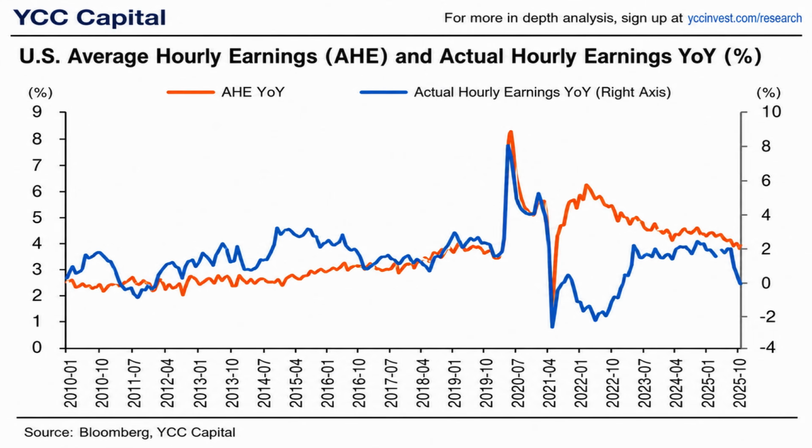Having examined labor supply, let's now turn to wages, because wage growth remains one of the Federal Reserve's most closely monitored inflation indicators. This chart compares average hourly earnings with inflation-adjusted or real hourly earnings on a year-over-year basis. During the inflation surge, nominal wages accelerated sharply as employers competed aggressively for scarce workers. However, inflation rose even faster, meaning that real wage growth turned negative for many households despite larger paychecks.